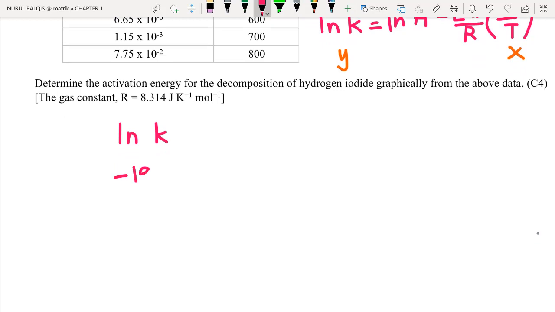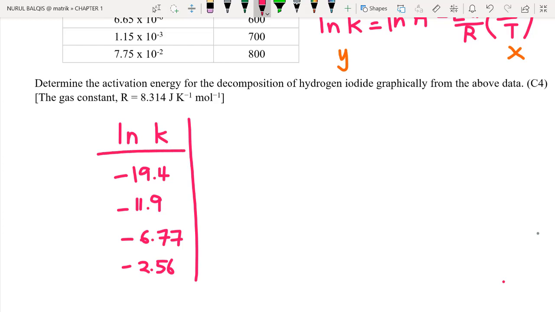negative 19.4, negative 11.9, negative 6.77, and negative 2.56. While for temperature, which is 1 over T